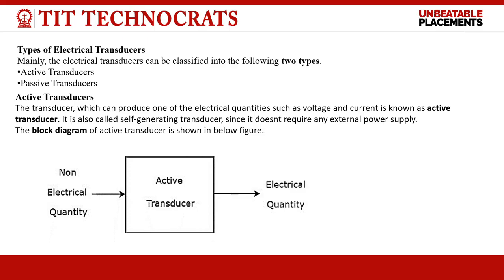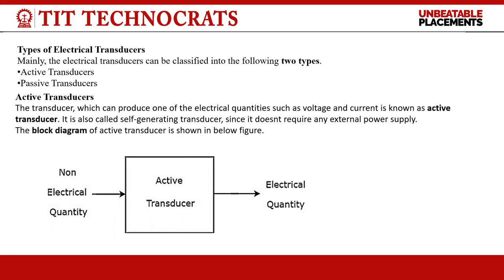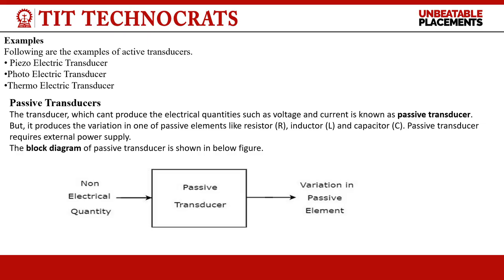The types of electrical transducer are mainly active transducer and passive transducer. The active transducer, which can produce one of the electrical quantities such as voltage and current, is known as an active transducer. It is also called a self-generating transducer since it does not require any external power supply. The block diagram of the active transducer is this, and the examples of active transducer are piezoelectric transducer, photoelectric transducer,